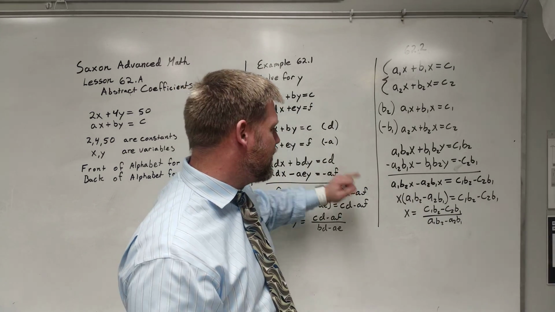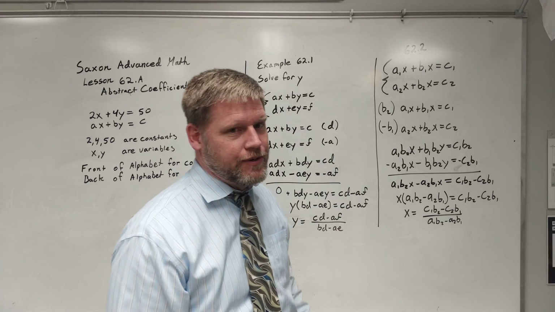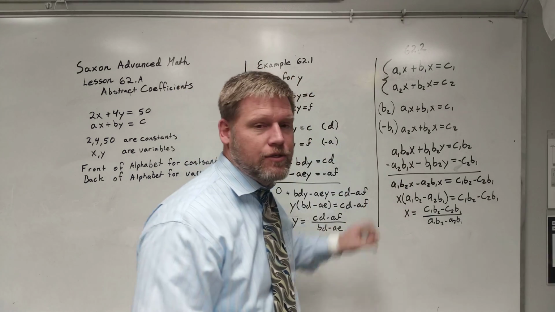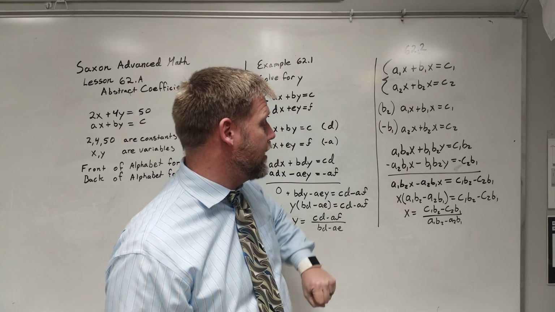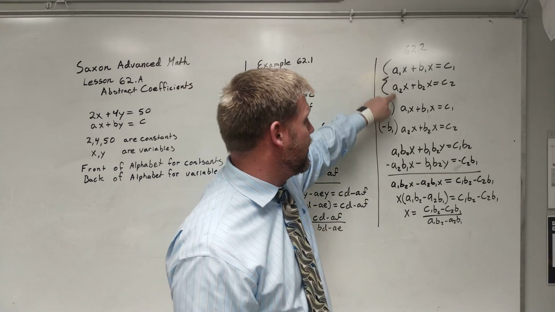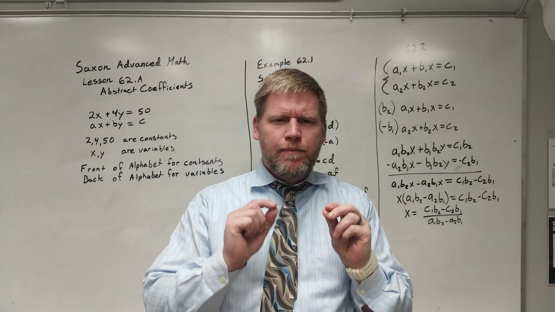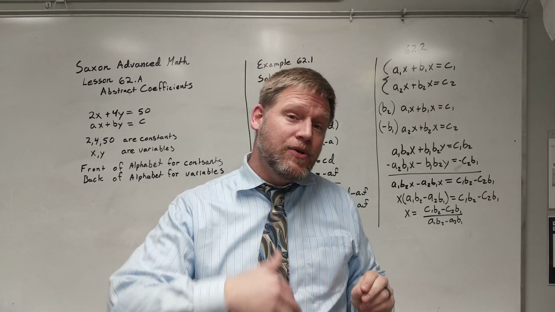I can't combine an A1 and an A2. They're not the same term. That's what this whole thing for 62.2 is all about. Let's solve for x, but we have A1 and A2, a B1 and a B2, and a C1 and a C2. Now, I have seen people do this, and if this makes sense to you and it helps you out,